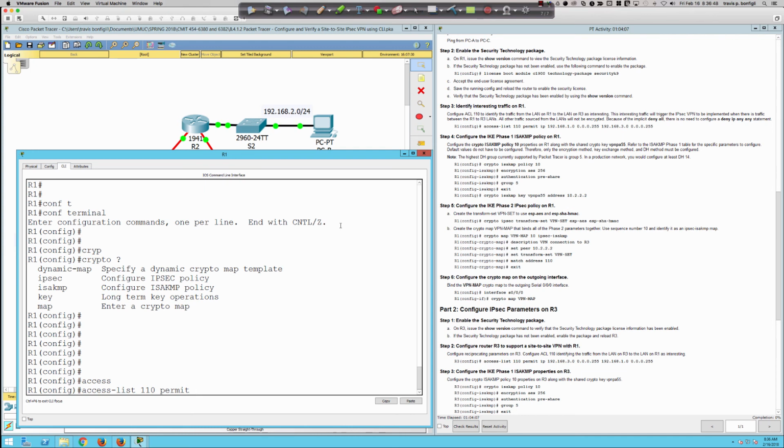So I would say access list 110 permit IP. Remember, we're not saying TCP, we're not saying UDP, we're not saying ICMP, we're saying all traffic. And IP encompasses every possible form of traffic. So we say permit IP